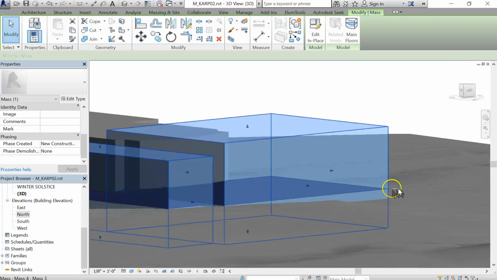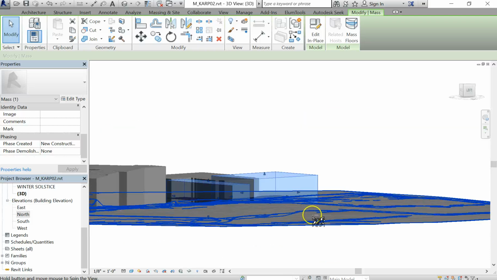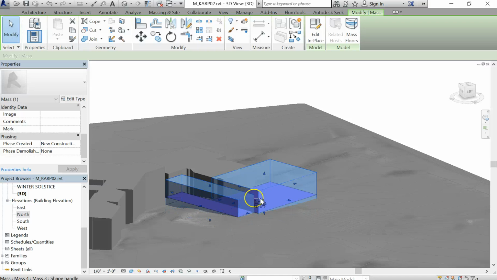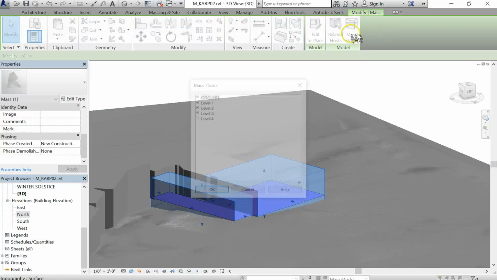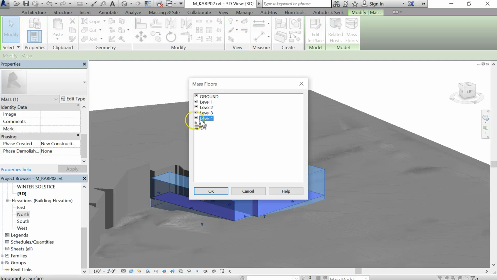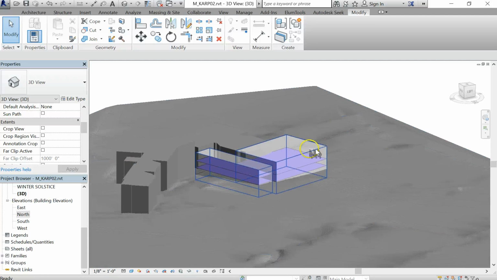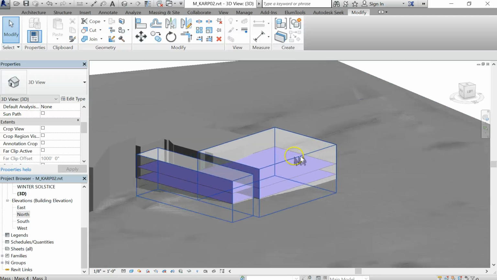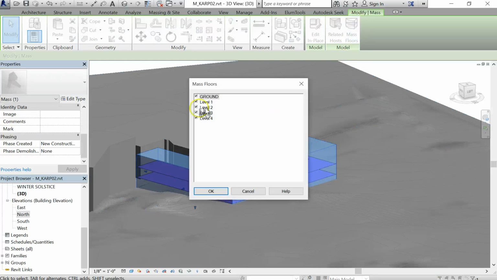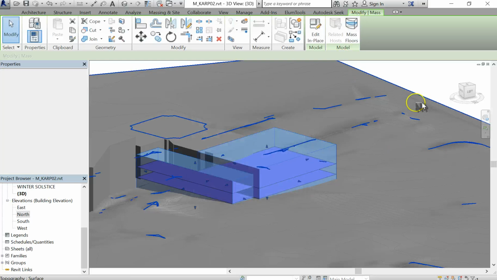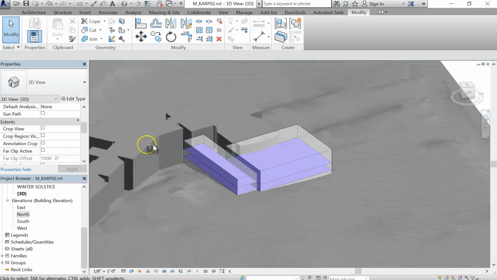And it looks like only a couple actually hit my mass. So what I can do is you can always modify it by clicking Mass Floors again and say I want the fourth floor too. And now I have a fourth floor. And obviously, if you ever want to remove floors from a mass, it's simple as clicking and then removing one of these. But now we have a mass, we have floors in that mass,